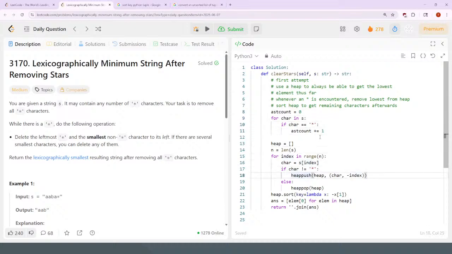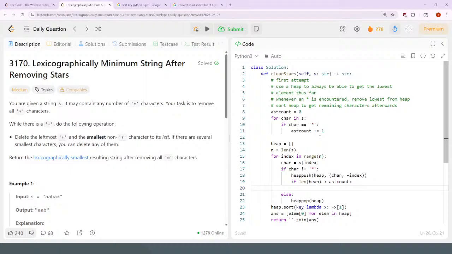So if the character is an asterisk push, and then at this point if the length of the heap is greater than the number of asterisks, then heap pop. No, what am I doing? I can't pop it. No, even if I just wanted to